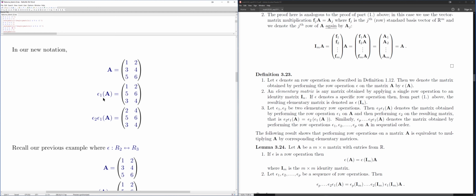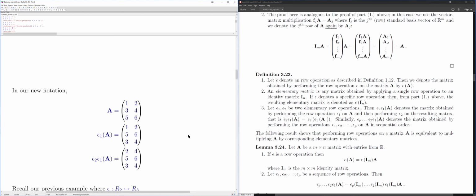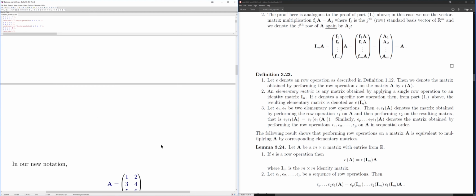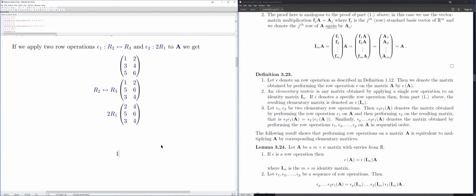Okay, so to this epsilon 1 A over here, which is A after I applied epsilon 1 to it, I'm going to now apply epsilon 2, which means I'm going to take row 1 and multiply by 2. I notice I get the same result as what I did when I was just using my normal notation